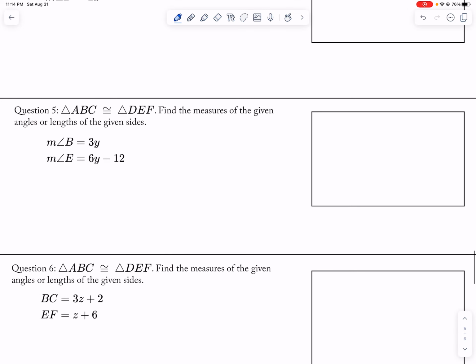All right, so number 5. So if ABC is congruent to DEF, then angle B and E are congruent to each other. So then that means that 3y is equal to 6y minus 12. So negative 3y is equal to negative 12. So then y is equal to 4. So I wanted to find the measure of the angle. So the measure of angle B is going to be equal to 3 times 4, which is 12,